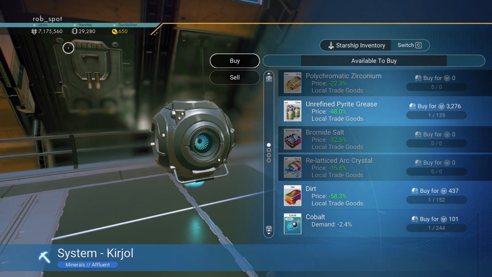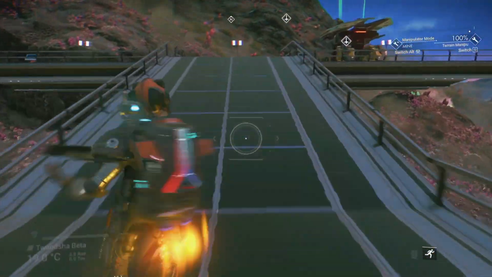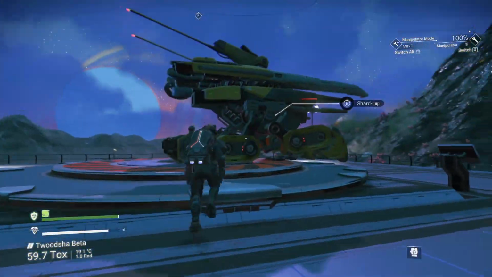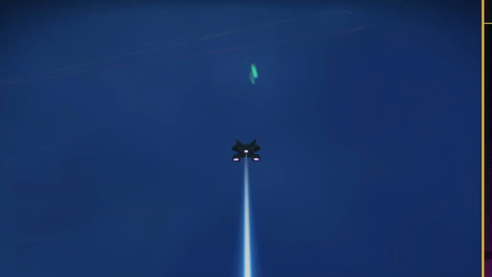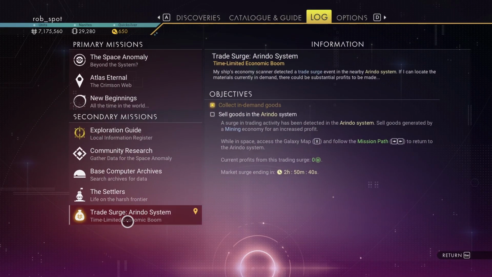Okay, and we're down to 7 million, so we should be able to do the space station in this system, and then I don't think we're going to be able to go to another system. If you start with more money, you can make even more by doing this. You can also see as you're doing this, if you click the log here,